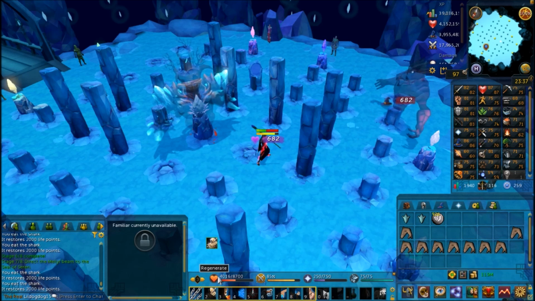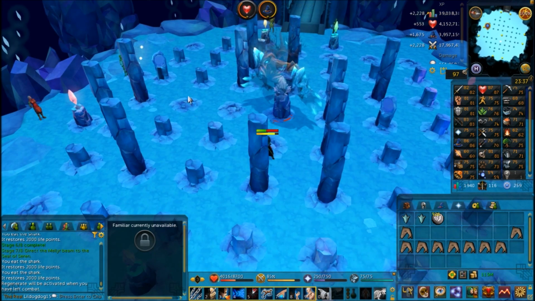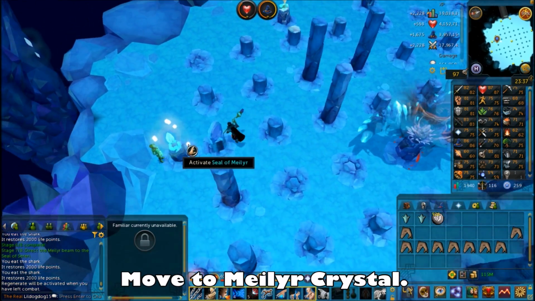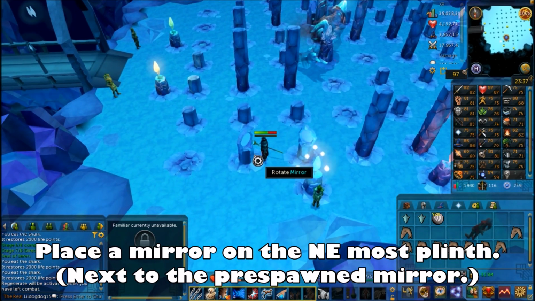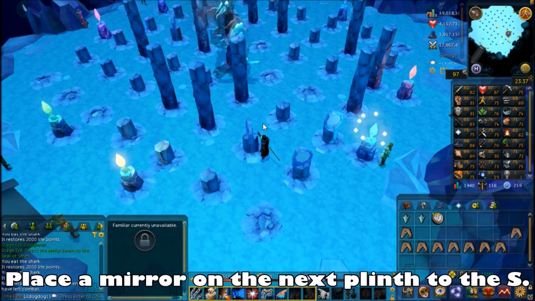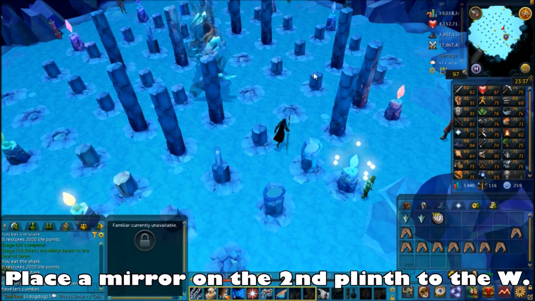So the next crystal you're going to want to go to is the Mylar crystal. This is on the north side of the room, has the globes around it. So you're going to want to move to the Mylar crystal, and you can see there's already a mirror out in front. So just to the east of the current mirror, you're going to want to place a mirror. This is also the northeasternmost plinth. Rotate that mirror, and then just to the south of this one, you're going to want to place a mirror there. It's going to be facing the correct direction, and then go 2 plinths to the west and place a